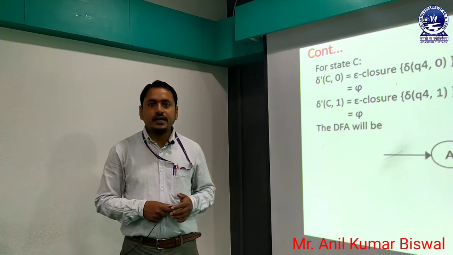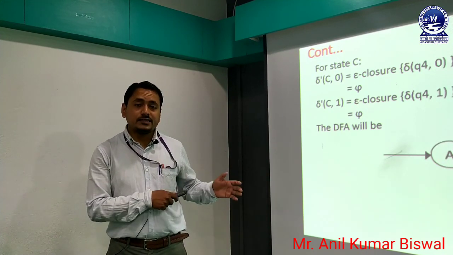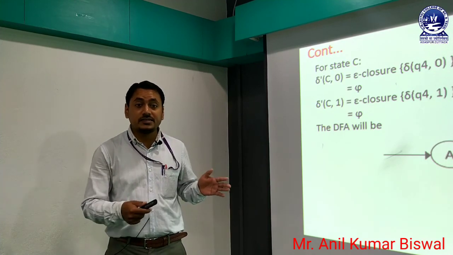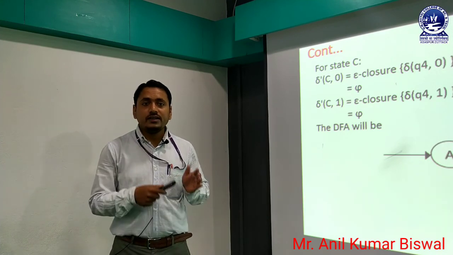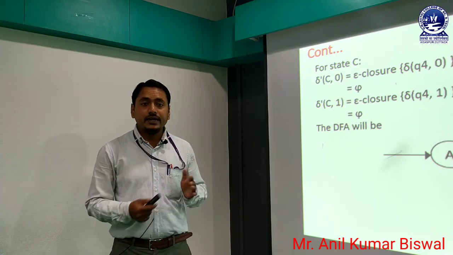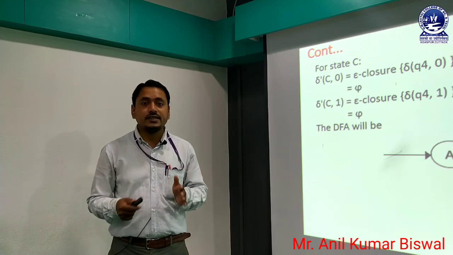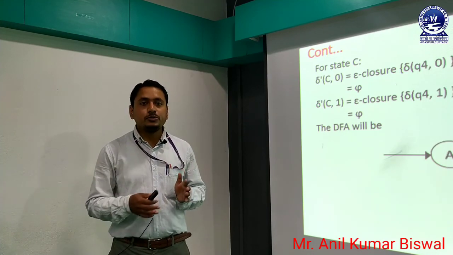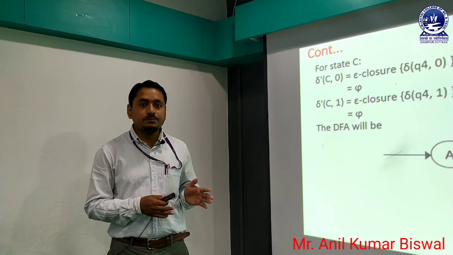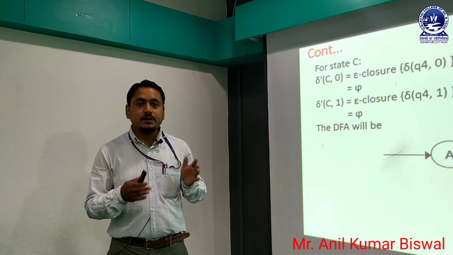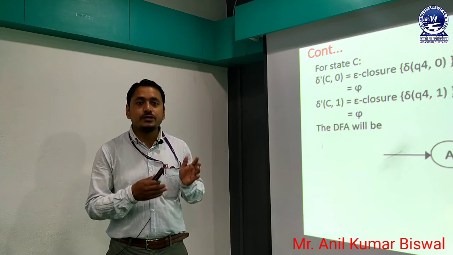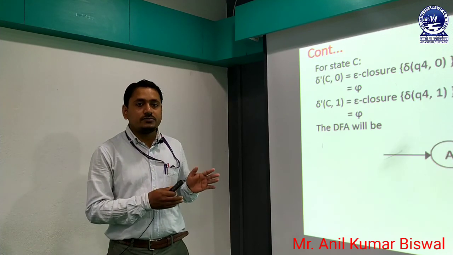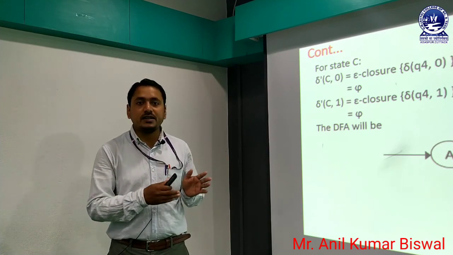We already discussed in the previous slide how to create a DFA with state A, state B, then state C. State A contains the combination of three states: Q0, Q1 and Q2. Then we create another state, B, which is the Q3 state. Similarly, we create a new state C, which is Q4. In this way we generate three states A, B, C, which are combinations of the default states Q0, Q1, Q2, Q3 and Q4. This is the normal conversion of an NFA with epsilon to a DFA.